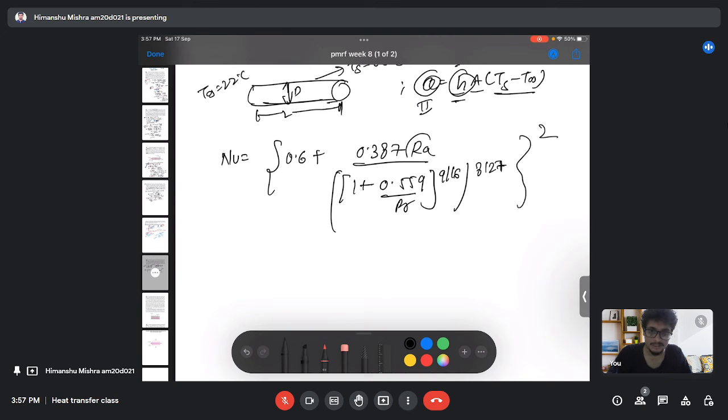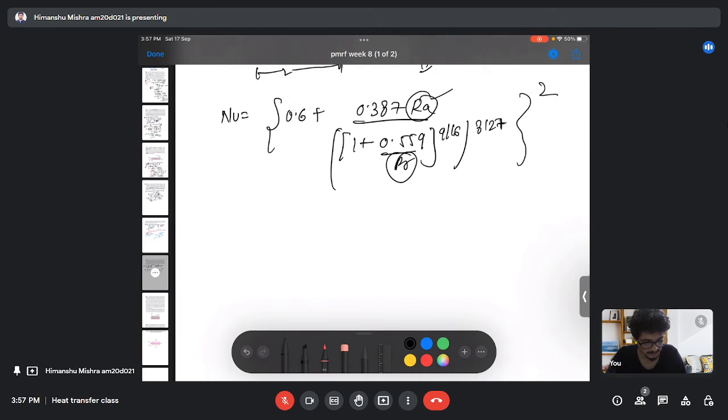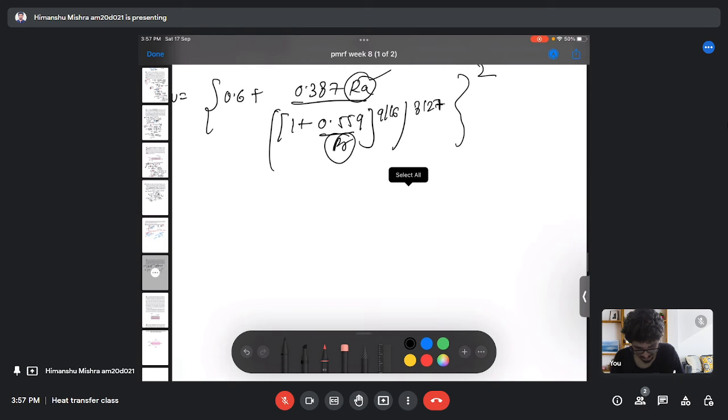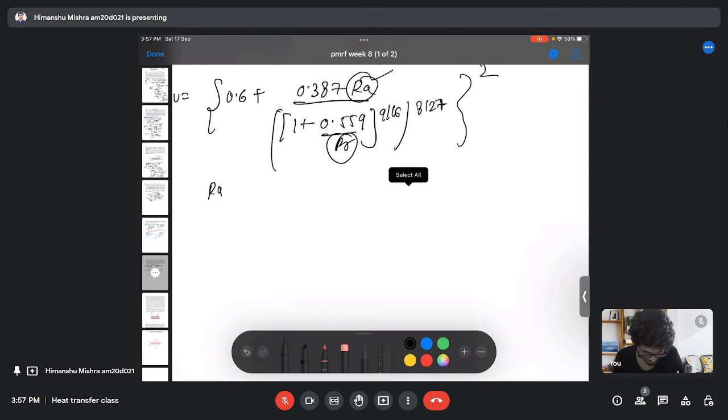Here we have the Rayleigh number and the Prandtl number. The Rayleigh number is unknown. We know the Prandtl number, which is just based on the properties of the flow. And the Rayleigh number is given as